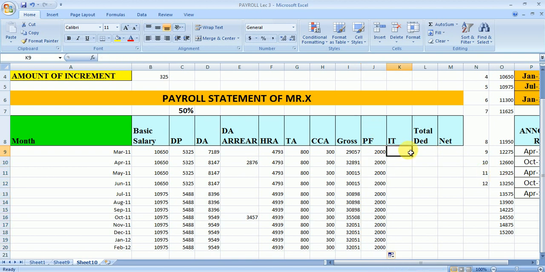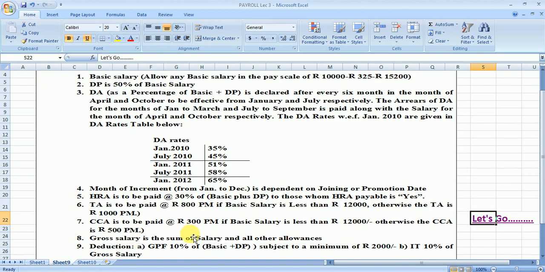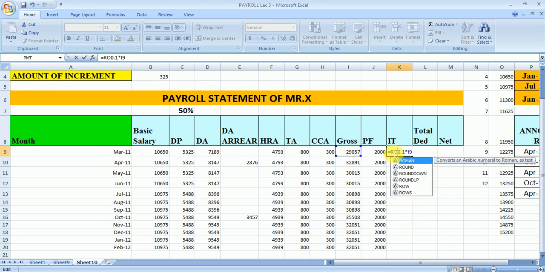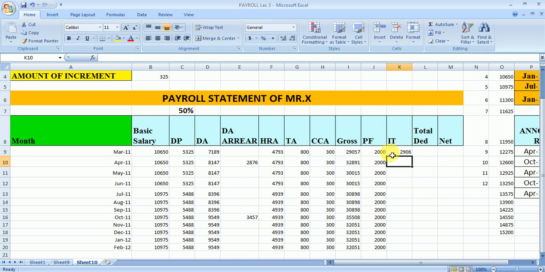And now we move to the calculation for the IT part. The condition for income tax is 10% of gross salary. So that will be equals 0.1 multiplied by this amount and then enter. And we can use the round function here also. Here we need to put 0, then enter, and we will drag it.